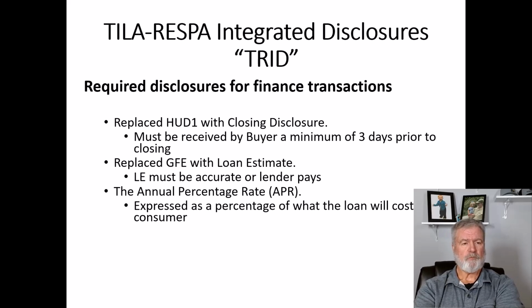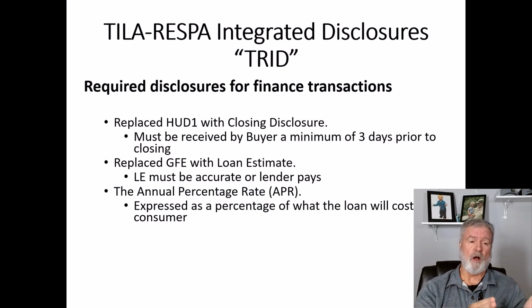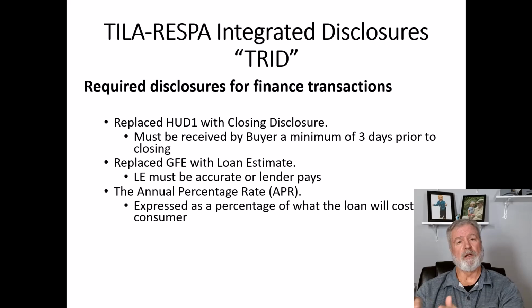All right. The other document that was replaced, remember we said they used to provide what we call a good faith estimate, where they listed the cost of the loan. It's just they never included all the cost. But now, actually, they don't call it a good faith estimate anymore. They call it a loan estimate. So the 2 documents primarily that have been changed for closing are the closing disclosure and the loan estimate. Y'all, they've changed the documents that are required for closing now.